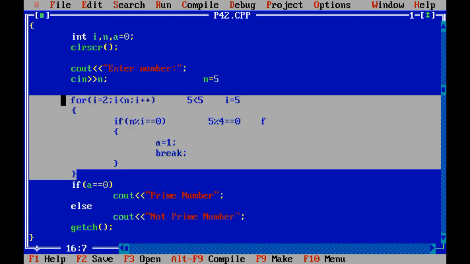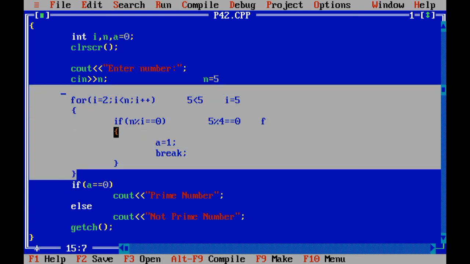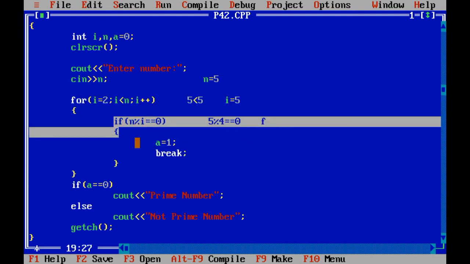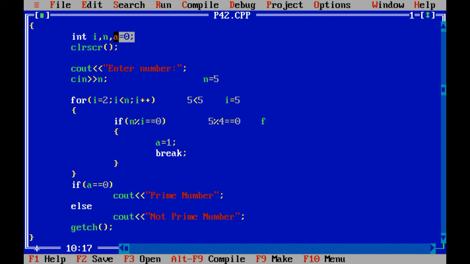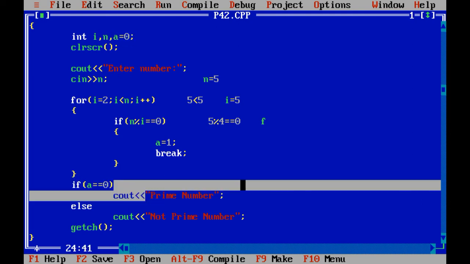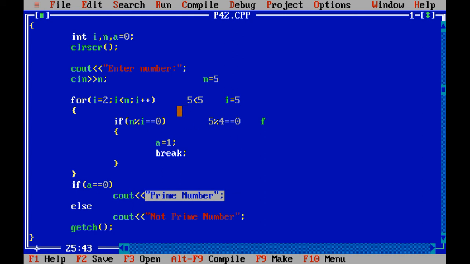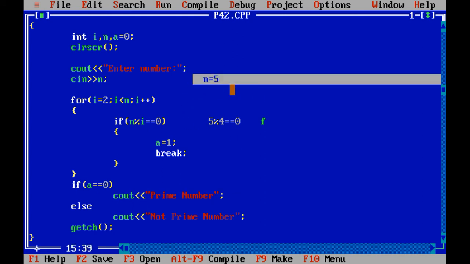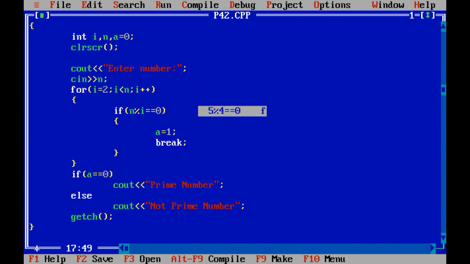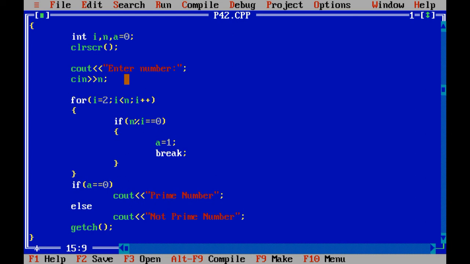So the if condition will not be true, and the value of a would be 0 in such cases. So a double equals 0, the number is prime. That means you cannot divide the value 5 by any number. This is the very simple logic for finding a prime number.